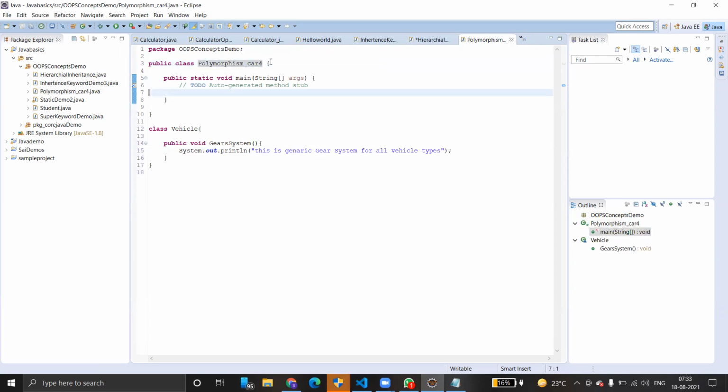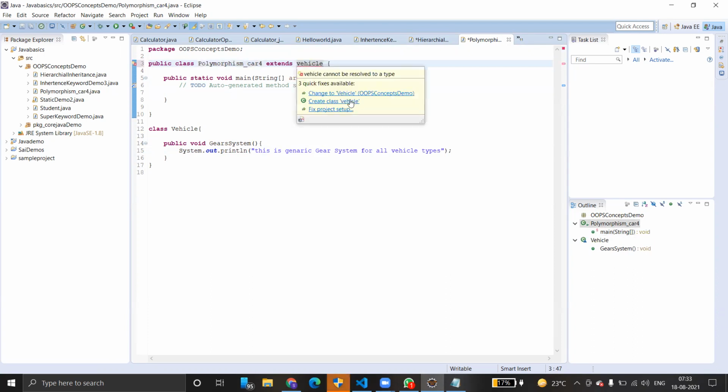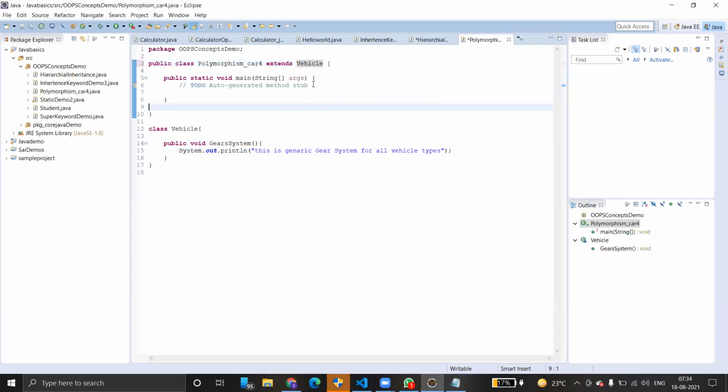Inside this, what we are doing, we are just extending Vehicle. So what we are doing actually, we are creating one more method here.